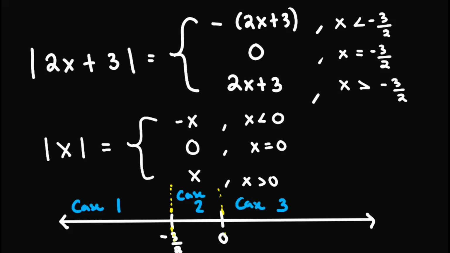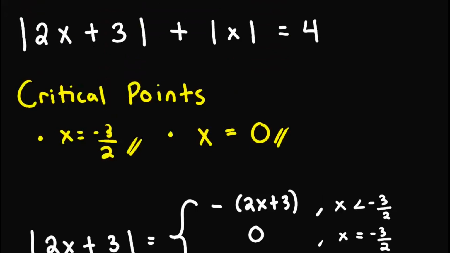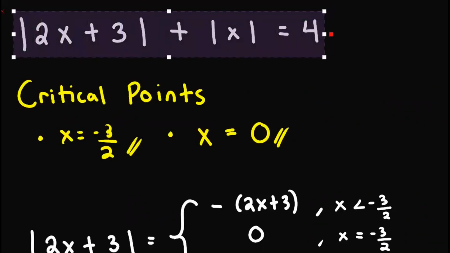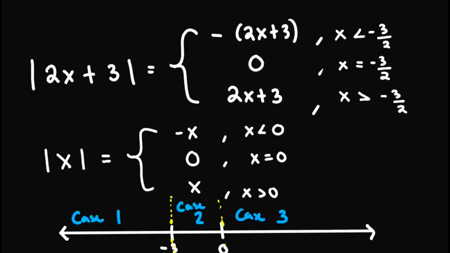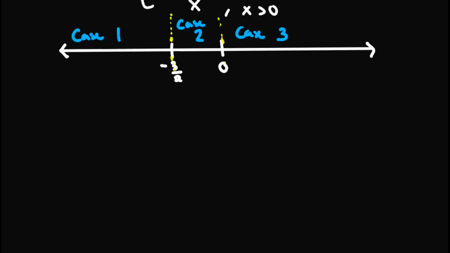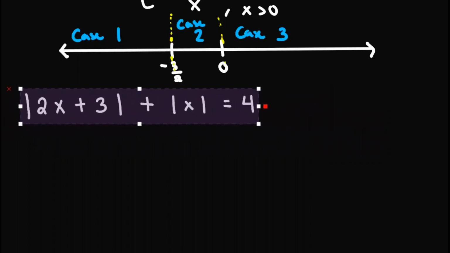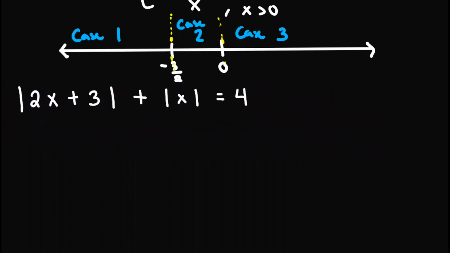So this is now the time that we can solve our absolute value equation. So again, going back, this one out here is our absolute value equation. So let's copy this one and bring it down around here. So let's start with our first case. So at case 1,